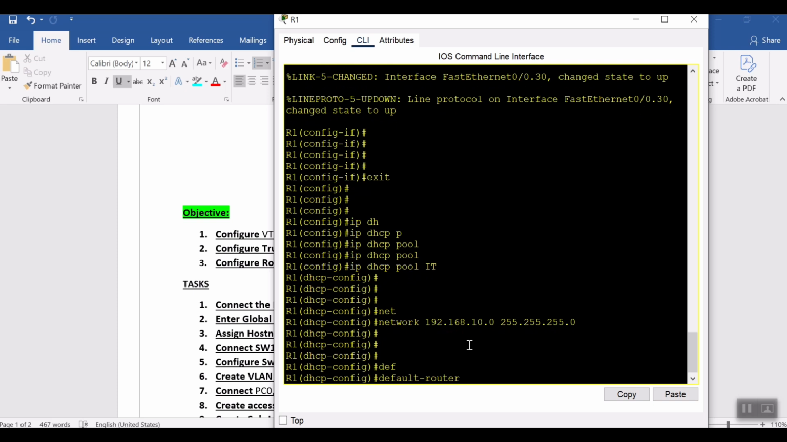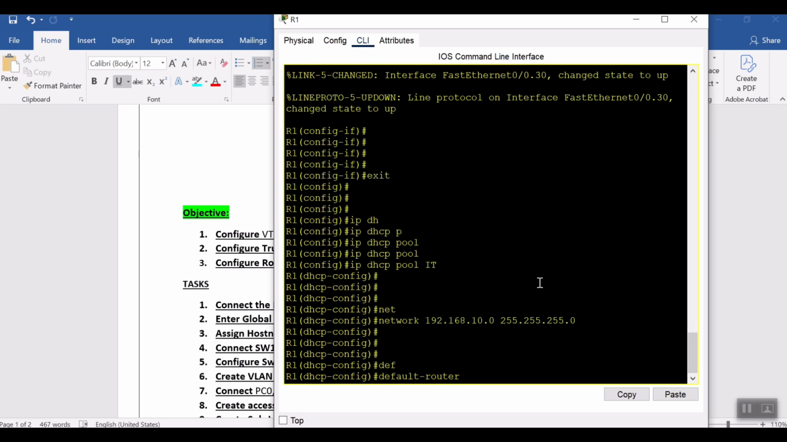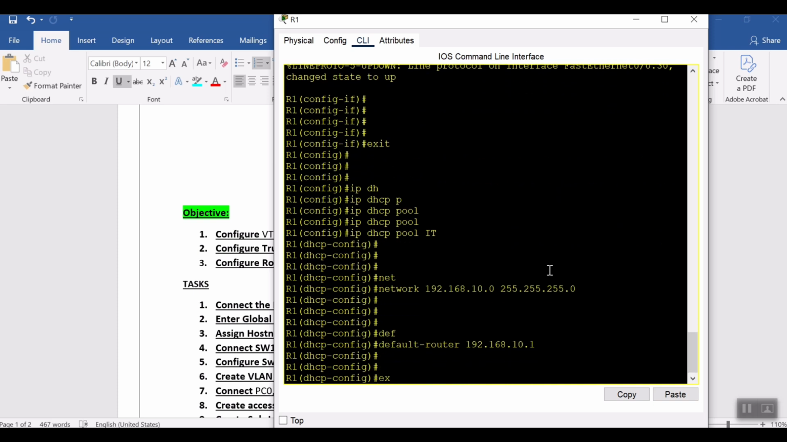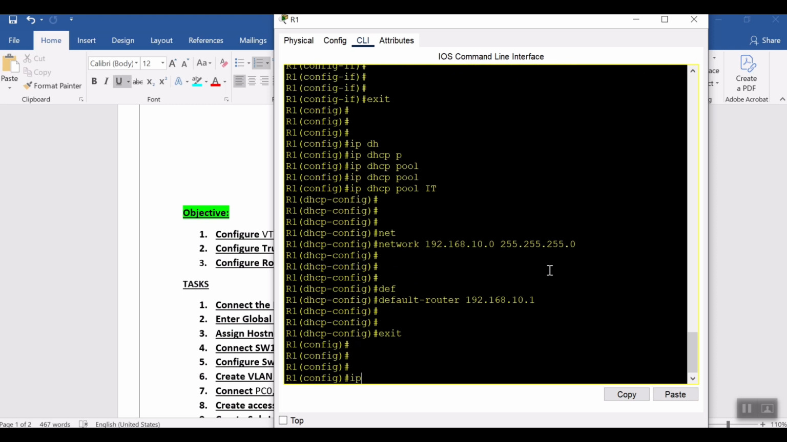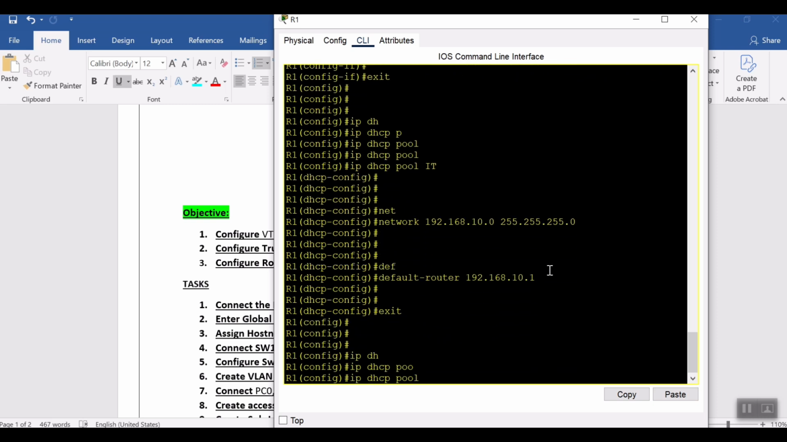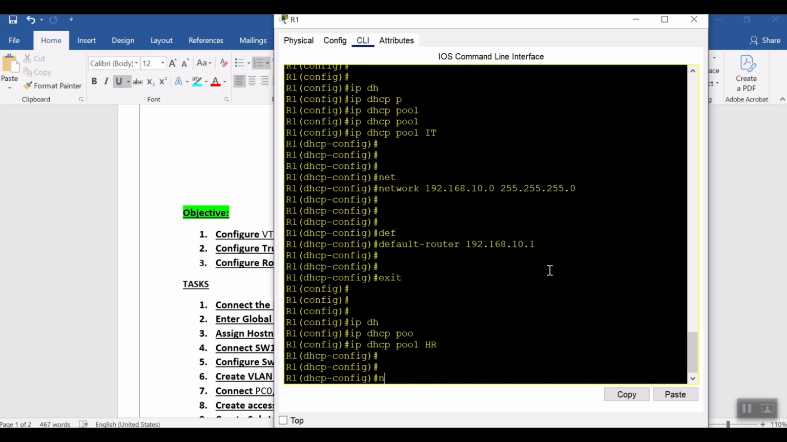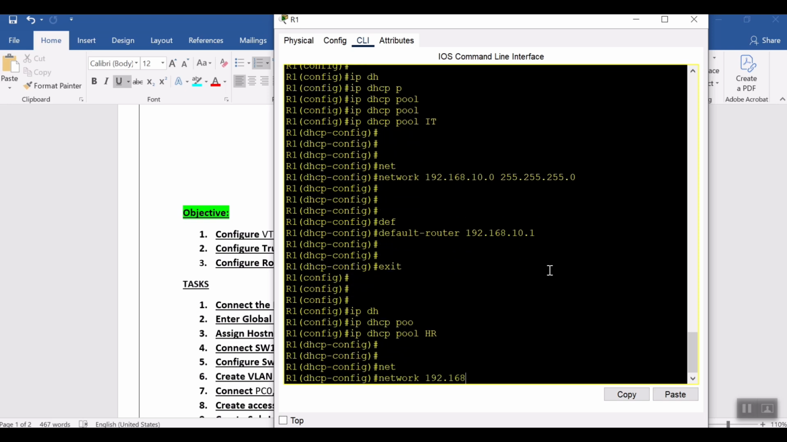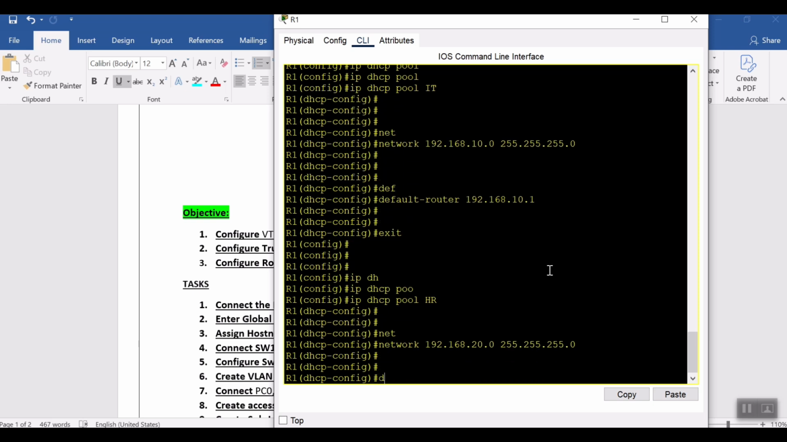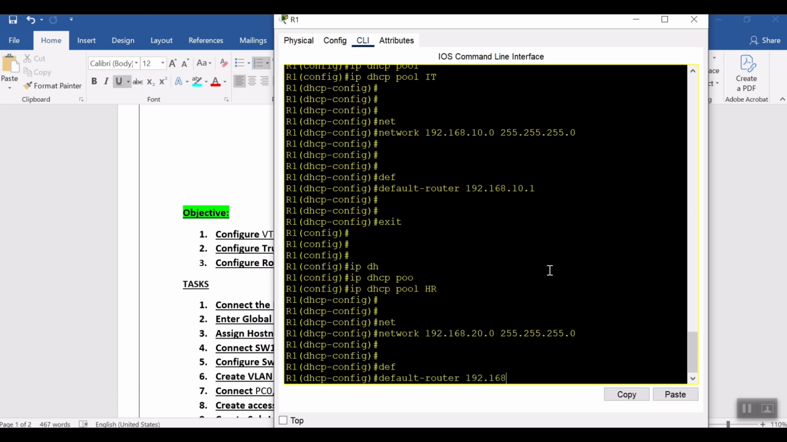The default router is the router IP address, or the sub interface IP address of FastEthernet 0.10, that is 192.168.10.1, and exit. We have to create another pool, ip dhcp pool HR. Network is 192.168.20.0, 255.255.255.0. Default router 192.168.20.1. Exit,